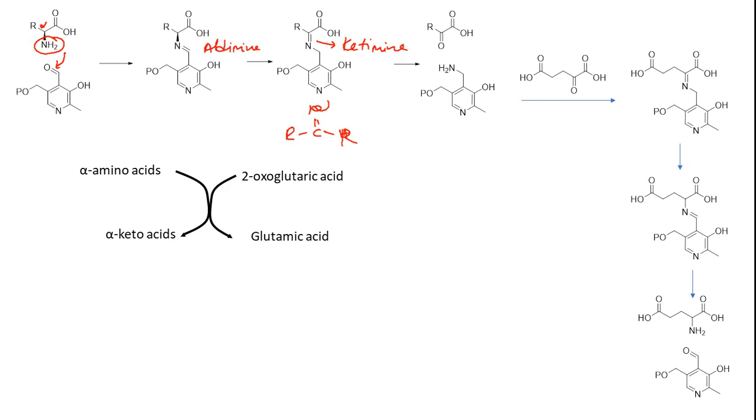So the alpha amino acid is first going to become an alpha ketocarboxylic acid. In the same process, 2-oxoglutaric acid is going to become glutamic acid. The glutamic acid is going to become 2-ketoglutaric acid with the help of glutamate dehydrogenase enzyme. Just now we have seen that. And here NAD plus is going to become NADH and NH4 plus. Okay, the amino group from amino acids is first flowing onto glutamic acid. From glutamic acid it is going out as ammonium ion.